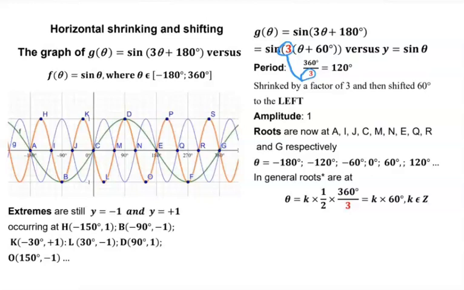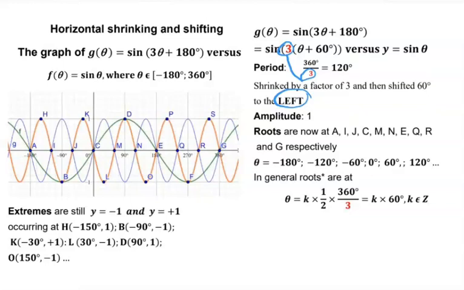And then I always do my basic function, even if I do it in a broken line, the basic sine function, and then I do the shrinking, and then I do the shifting, or you work from left to right, but it must be in that form before you can do shrinking and shifting, because it's not shifted 180, it's just shifted 60 degrees, and that will be to the left,